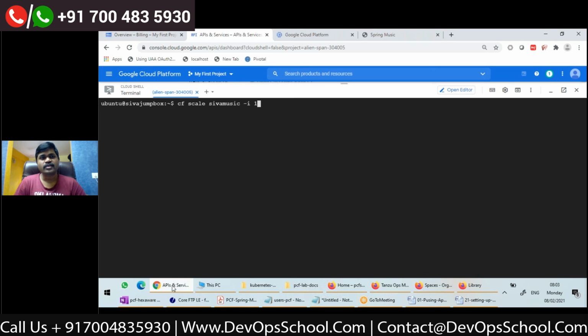Okay. See, there are two things. There is a service called the auto scaling service, which we will see next. We have to create an instance of the auto scaling service. That is a service provided by Cloud Foundry separately. I am aware of that, but I am asking, is there a way to do it in the command prompt using a CLI command? Yes, it is possible. Let me tell you.